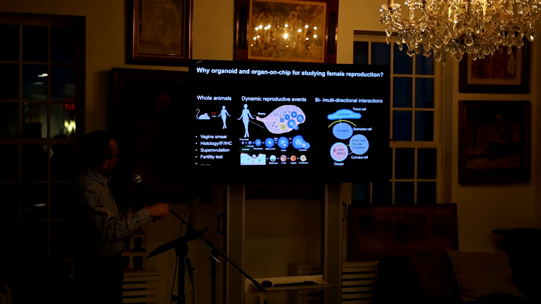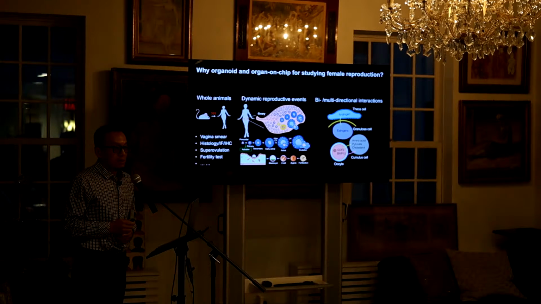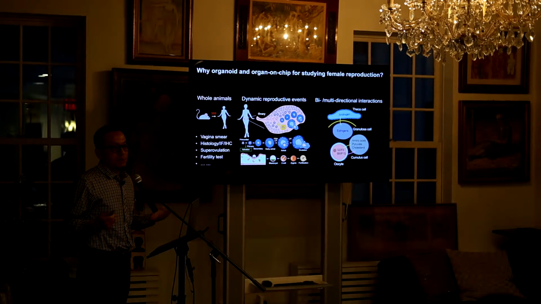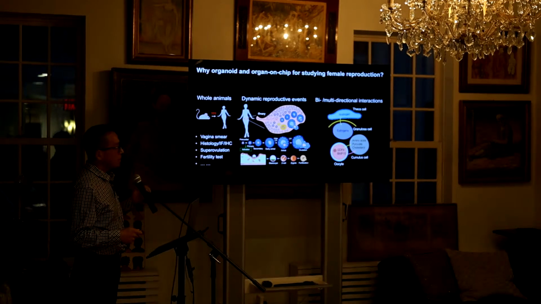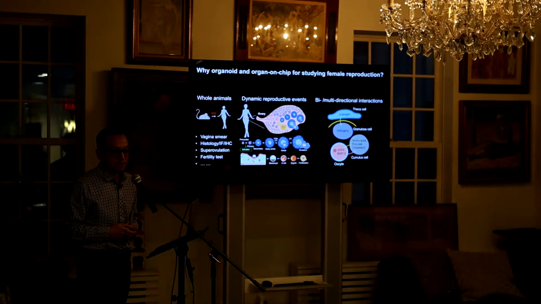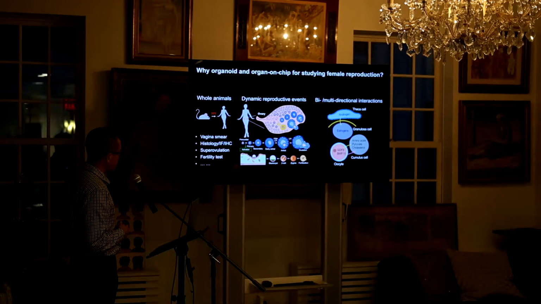So overall, currently the gold standard in the research field for studying reproductive biology is still using whole animal models. Especially on the academic side, we use a lot of mice, but actually mice are not human. We may all agree there's a species difference, even though most of the reproductive biology is relatively well conserved in mice. We find a lot of novel discoveries to advance our understanding of reproductive biology and also medicine.